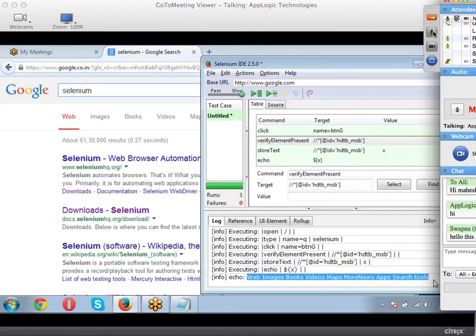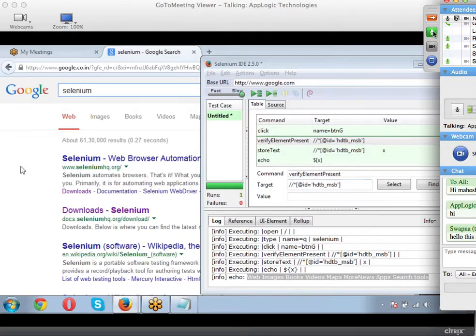This was your assignment yesterday. Is the assignment clear for everyone? Yes, Mahesh. So will you be able to try? Yes, please. Geeta. For the entire tab it's okay, but to get the individual ones, like web or images, I understand.